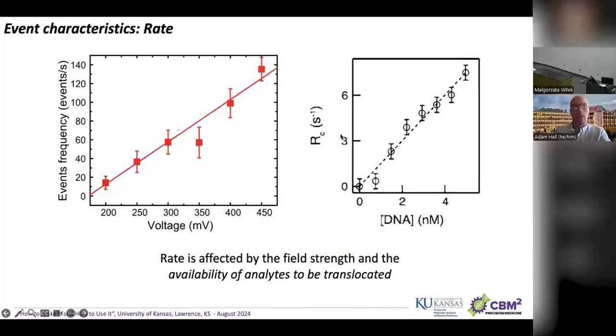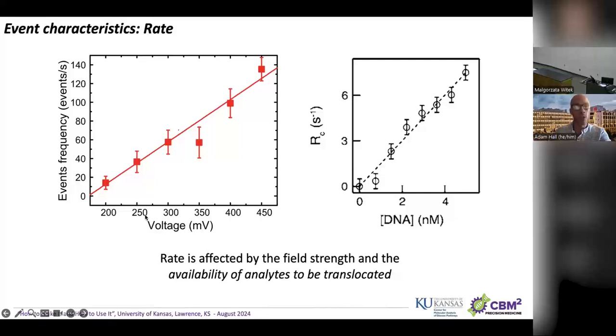Okay, so once you have successfully moved these molecules through this nanopore, as we call it, you have to start thinking about how to interpret the signals that are coming out. Those spikes that you're seeing, there are a lot of ways to characterize them. I'm going to go through a couple of the different aspects that are very important. The first one is simply looking at the rate, or the number of those spikes that you're seeing per unit time. A lot of things can affect this, but the two most important ones are the amount of voltage